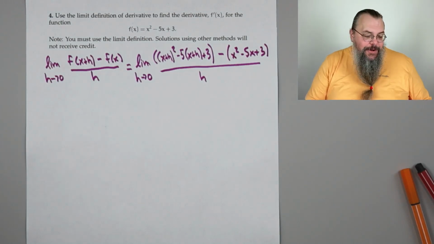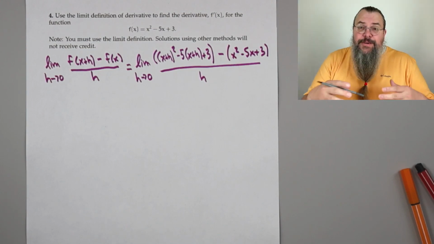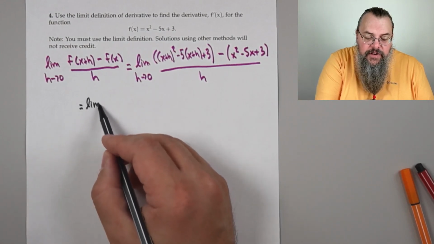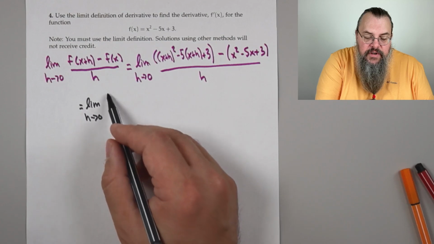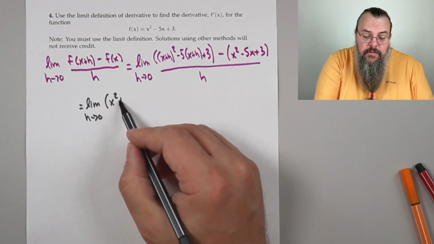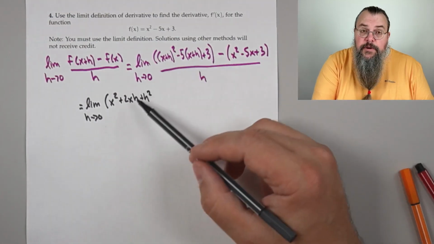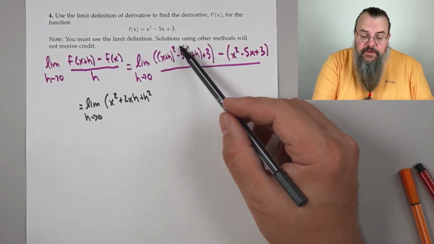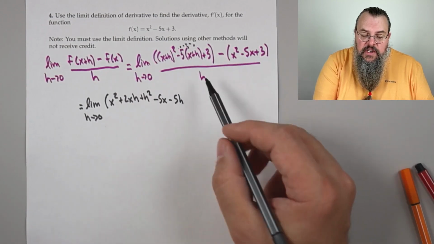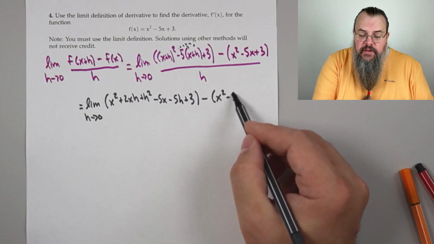All right, so now's our chance for some algebra. Wonderful. Who doesn't love a good dose of algebra? And really, calculus is just algebra with a few extra steps. So we have, this is the limit. Give ourselves space here because we're going to write down a little bit here. h goes to 0. So x plus h squared would be x squared plus 2xh plus h squared. So that's the first part. Distribute the minus 5 through. Minus 5x minus 5h and plus 3. Subtract x squared minus 5x plus 3